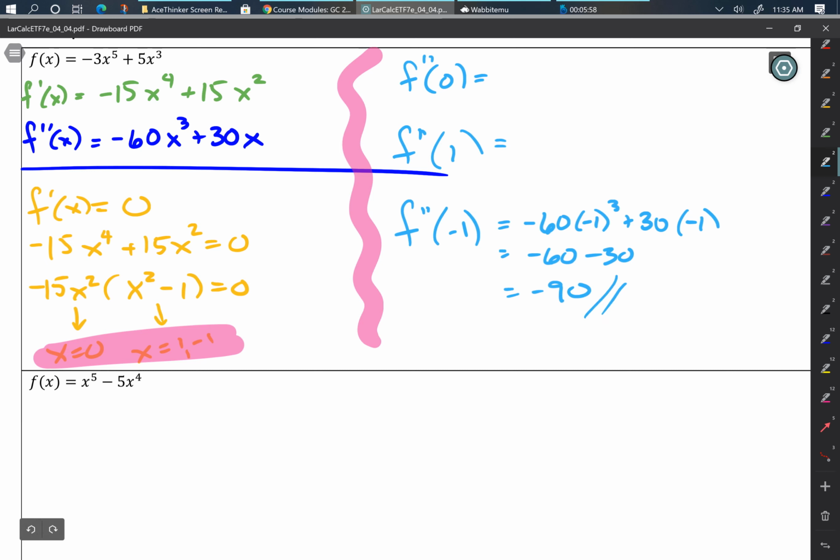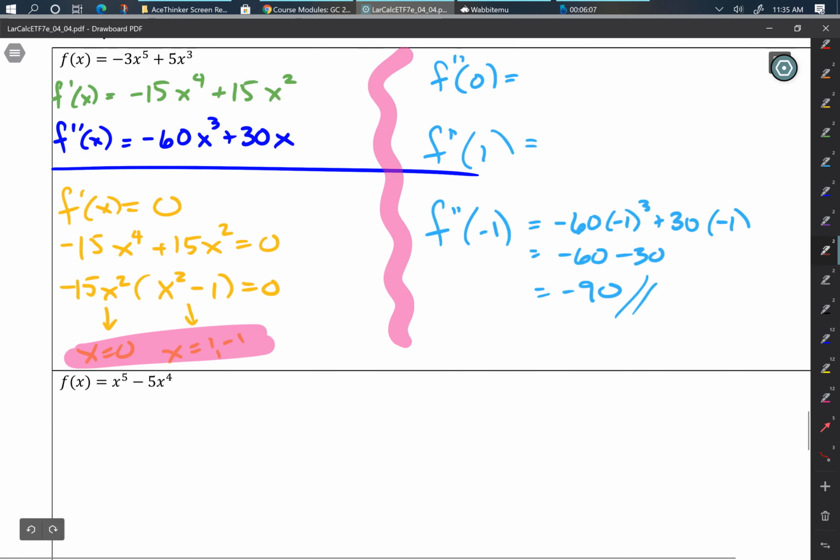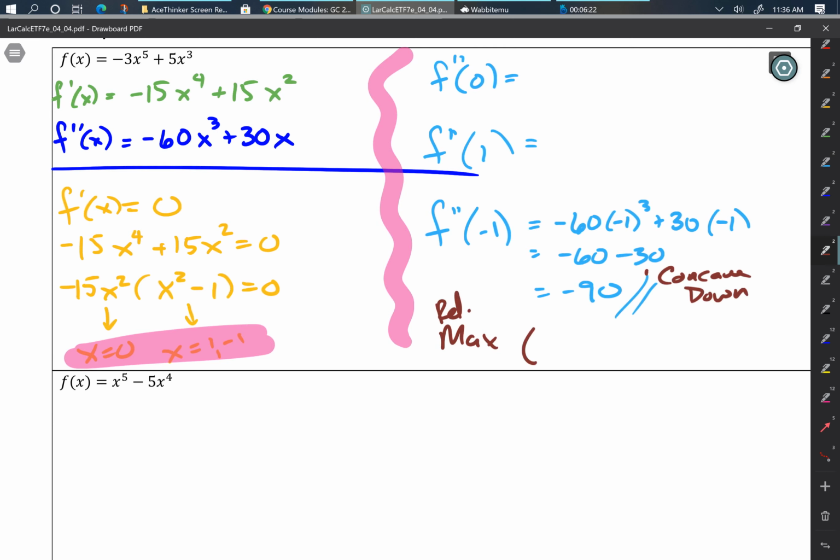Right? If the second derivative is negative and the first derivative is equal to 0, what does that mean? Negative, so this is concave down. It's concave down. That means we're looking at a maximum, a relative maximum, at the point when x is -1,